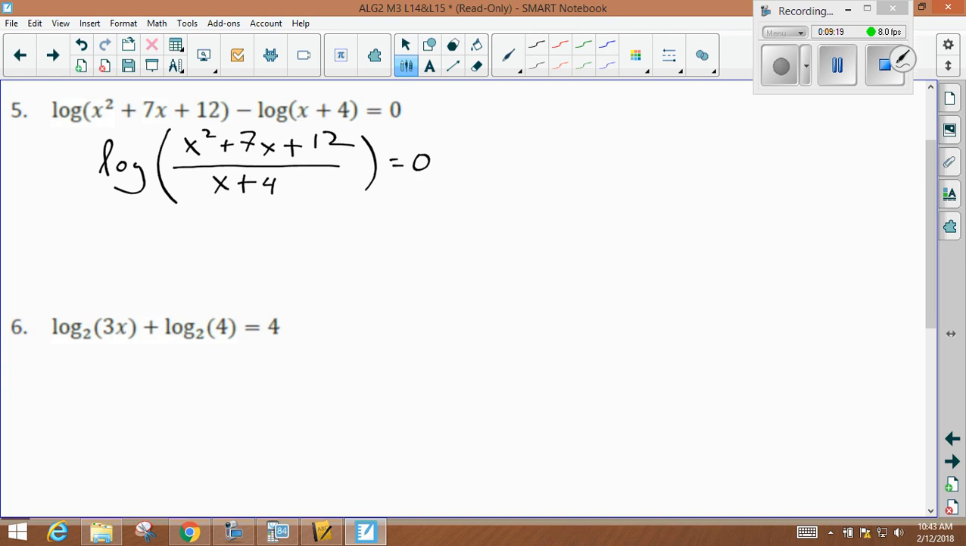You guys remember? I'm using the property that tells me that if I have log of x,